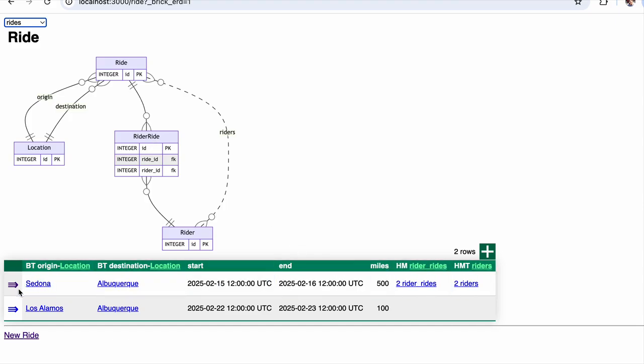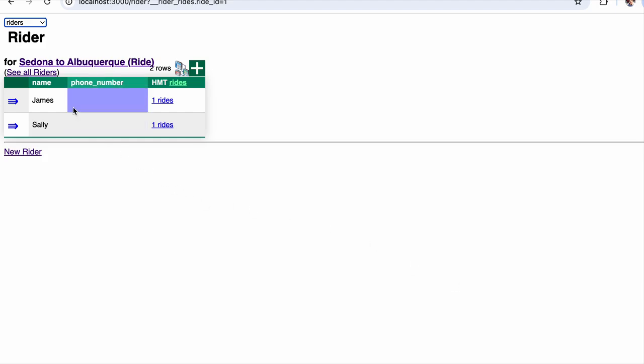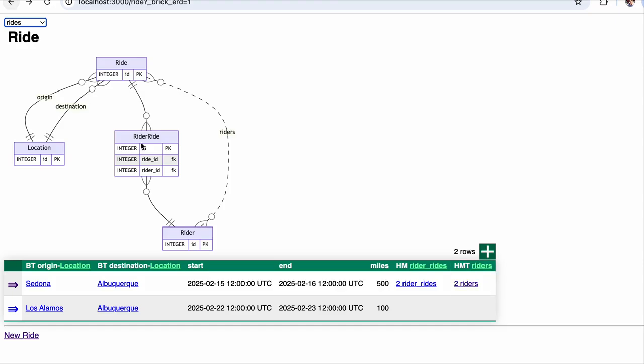Like this original ride, we put 2 riders on it so far. We can go in and click and see those guys, which are our 2 riders. Those are the 2 for the Sedona to Albuquerque ride. There they are. We can add in some other rider rides over on this one. We don't have any of them yet over there. So we can go to this associative table,